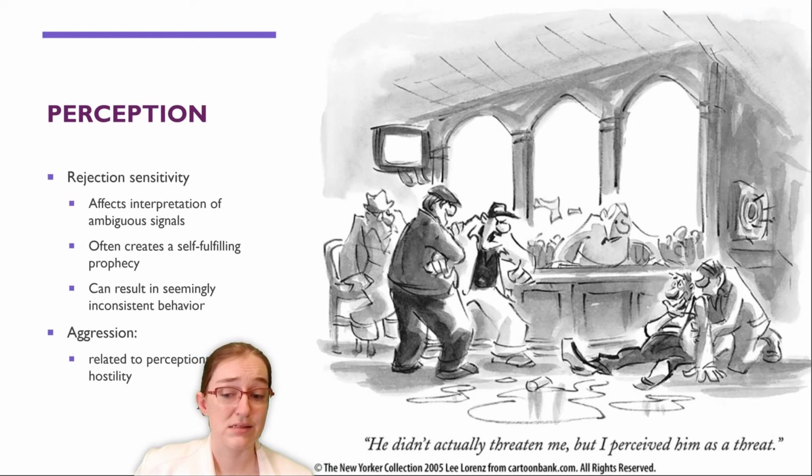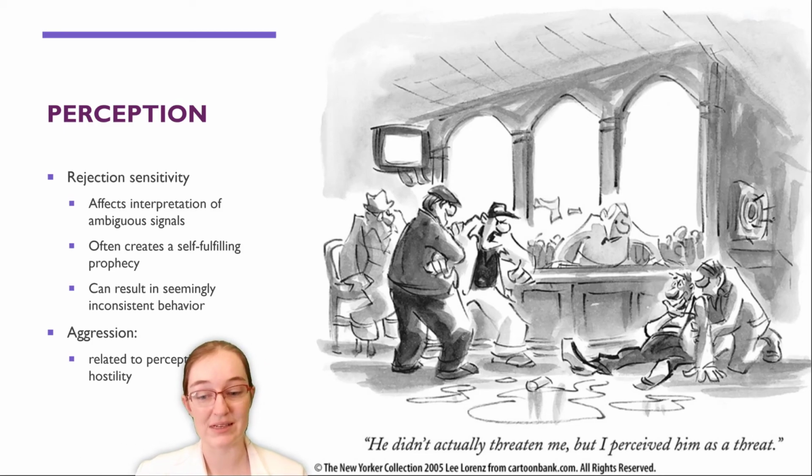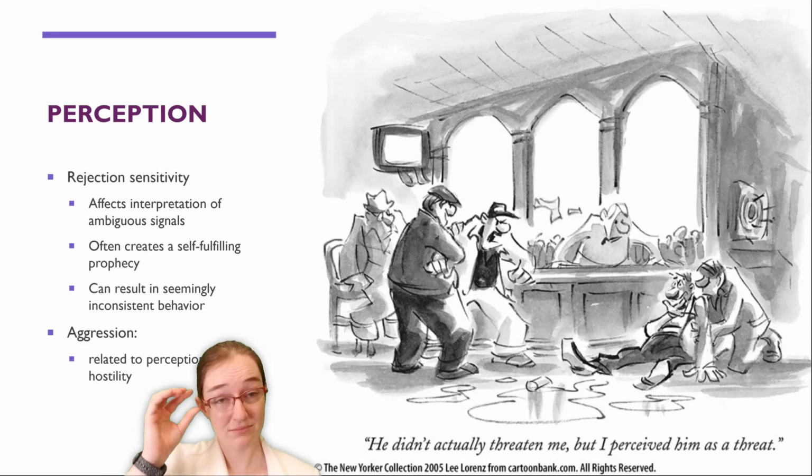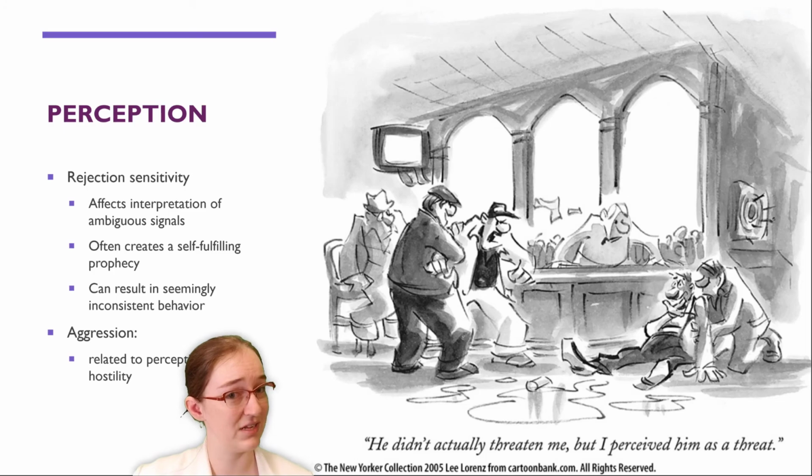And this is an automatic perception that can be overcome if someone slows down and thinks before responding, or has been practicing mindfulness and mindfulness meditation. So you can overcome these initial automatic perceptions by taking a step back and then reacting. That's the classic counting to 10 when you're angry, there's a reason. It slows you down. It gives you a moment to reinterpret through a healthier, more productive lens.